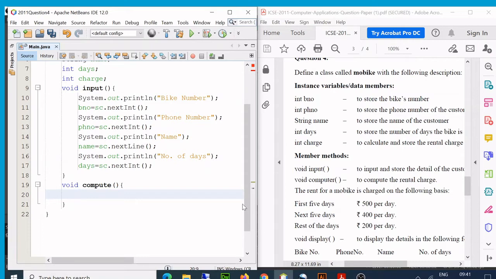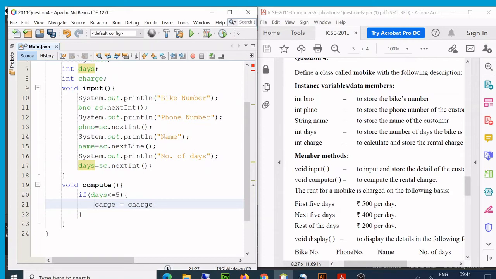So there is an if statement there. So I'll use an if statement, and I'll say here if days, days variable same again, less than or equal to 5, then my charge would be equal to. We don't have to print. Normally what do the students do? They just say System.out.